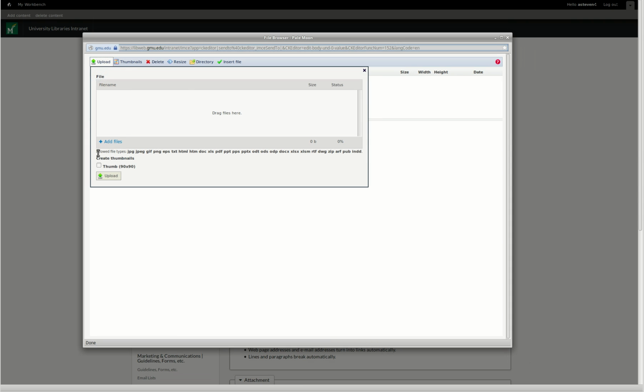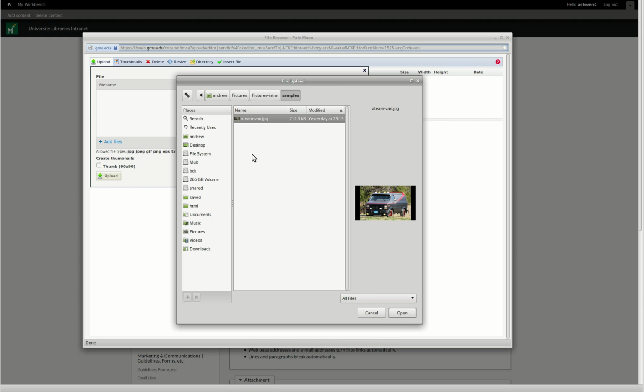Add files. So before we do that, there is a list of allowed file types, and it's fairly comprehensive. But if you are trying to upload a file whose extension isn't included on this list, you can just email your friendly neighborhood web services librarian and it'll magically appear there. All right, so we add a file. We'll select